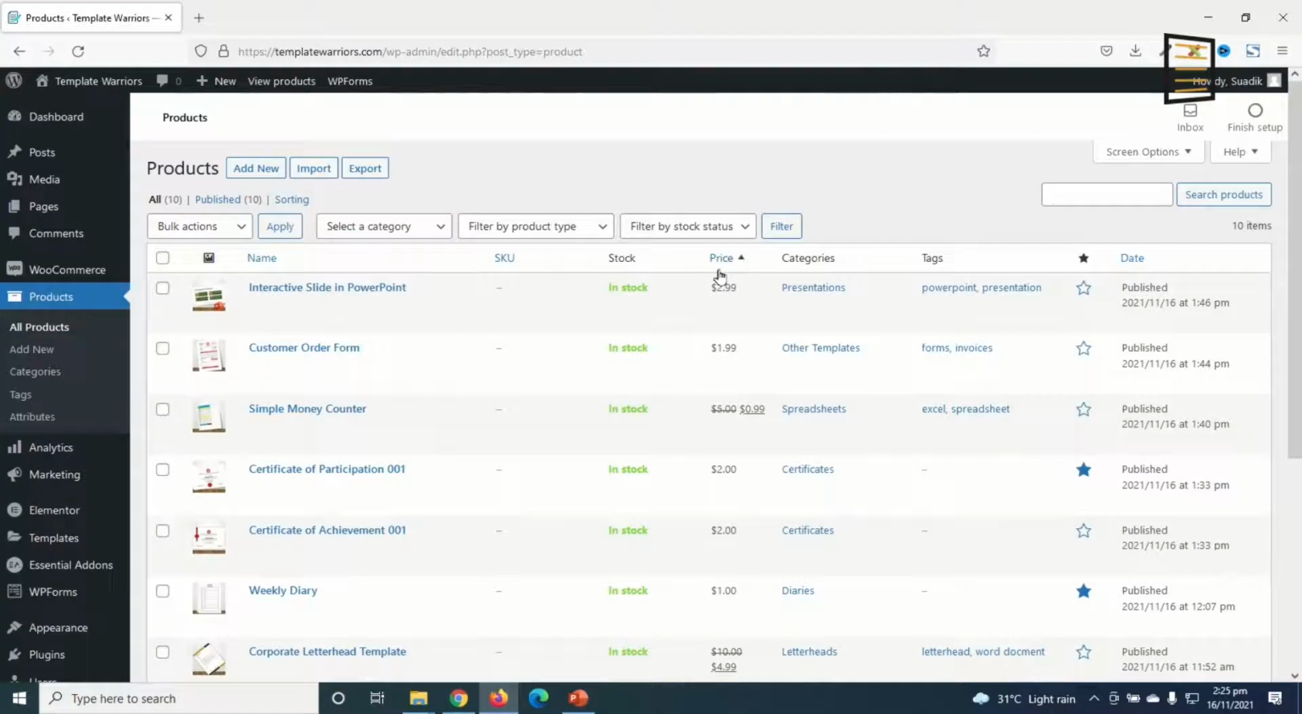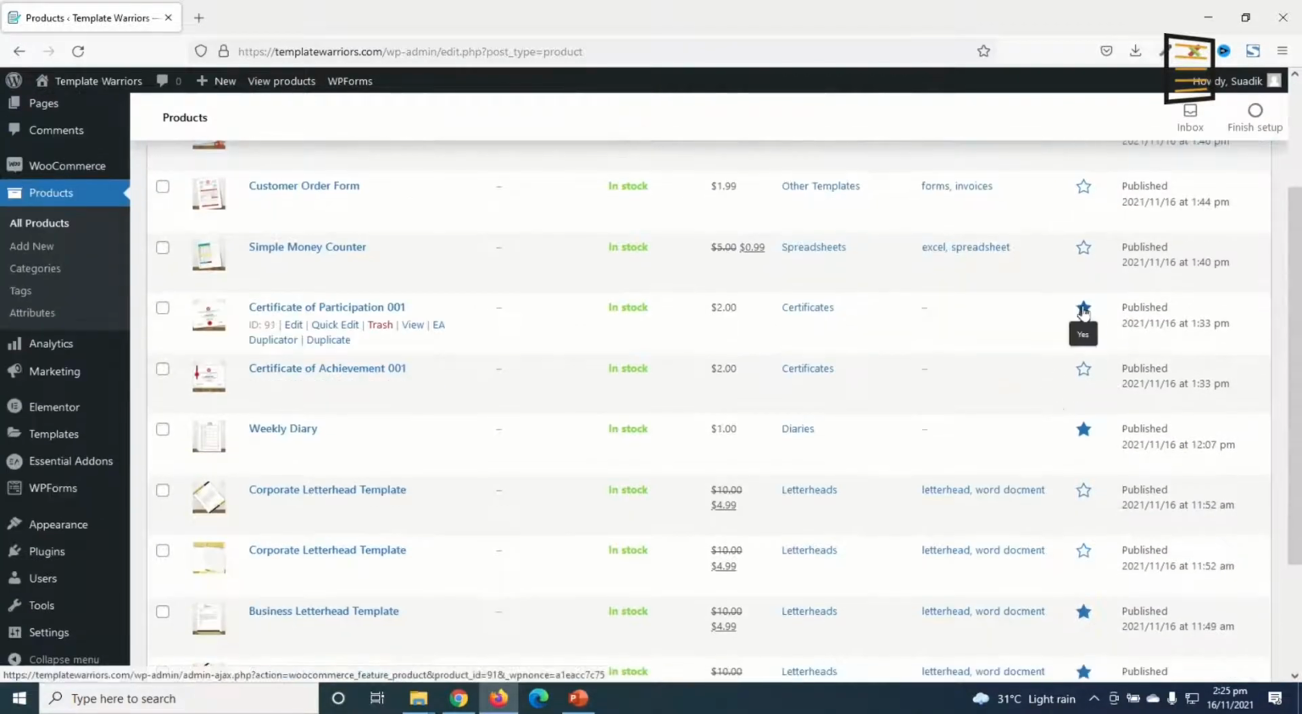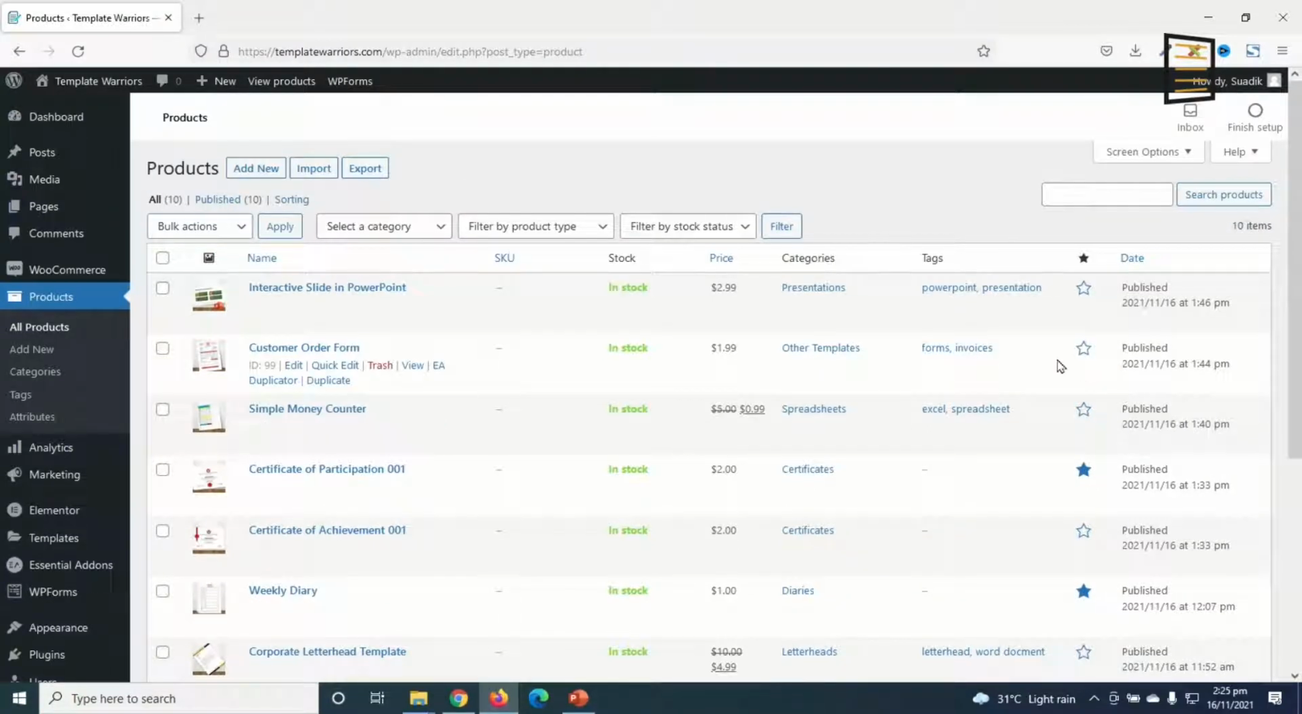Okay, I've added more products and I've made some of them featured products. To make your product a featured product, you just have to fill this star up. So for instance, if I want to make this a featured product, I'll just go ahead and click on the star and it will reload. Now if I go to the front end of my website,